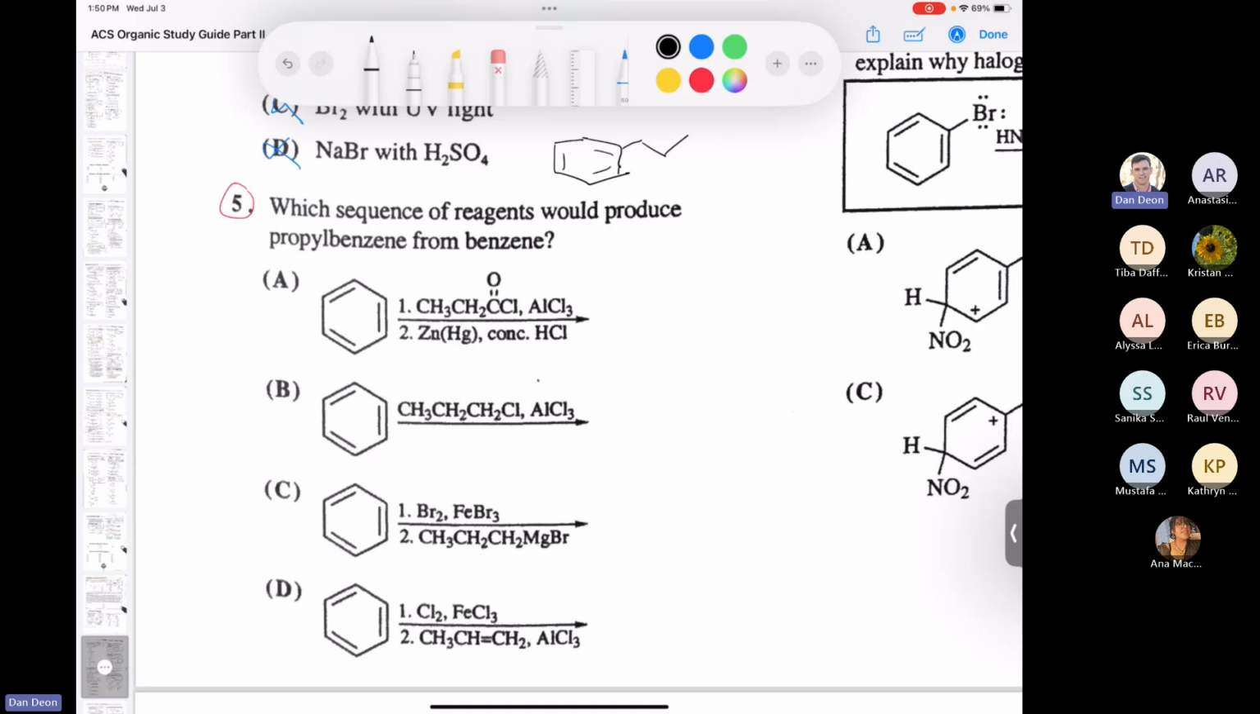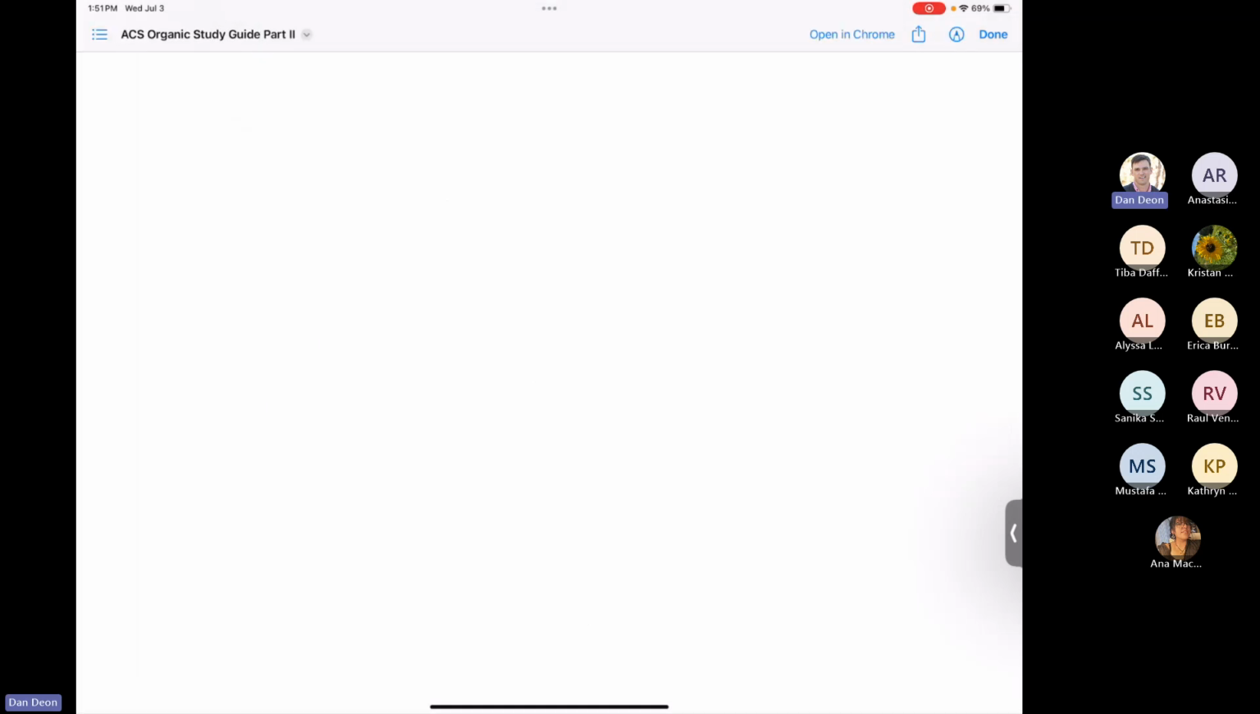Okay, so let's take a look at A. A, we're doing a Friedel-Crafts acylation, okay, with the acid chloride. And then this reaction here, if you remember, this is called the Clemmensen reduction. And so in that case, at first you're going to make the ketone, but then after you do the Clemmensen reaction,